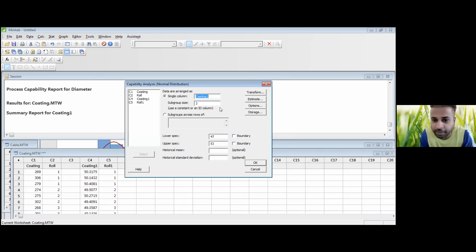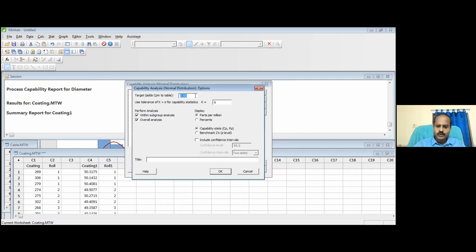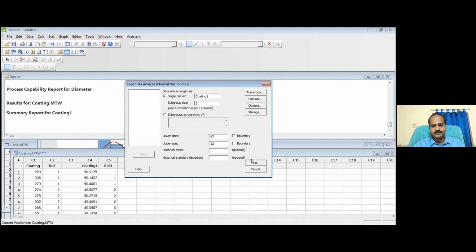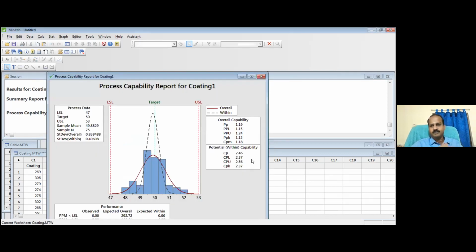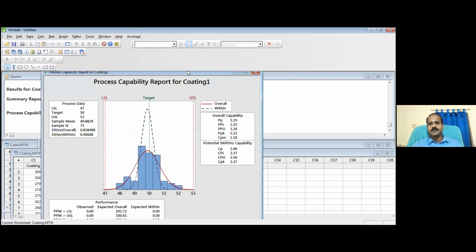So for the target, maybe you go to Options and give the target, right? Oh, correct, you are right. If I don't give the target also, that is okay, but something else I should not give. So the target I will give now. How much is it? 50. I think now things will work. Okay, now the report is generated. It was still keeping that old target, 0.6. That's why it was showing an error.